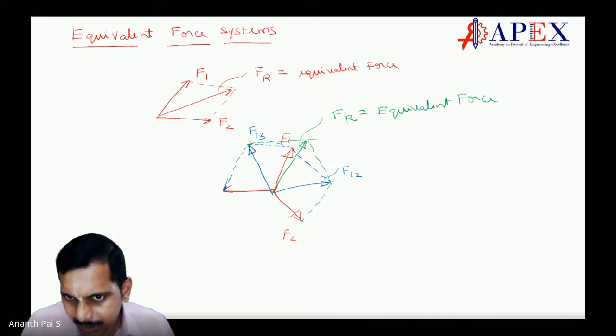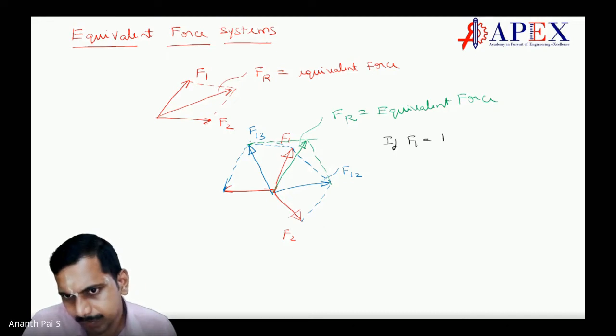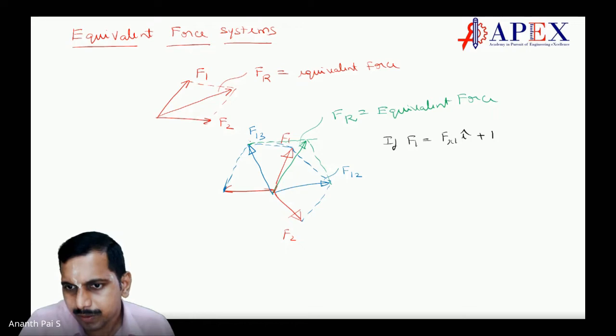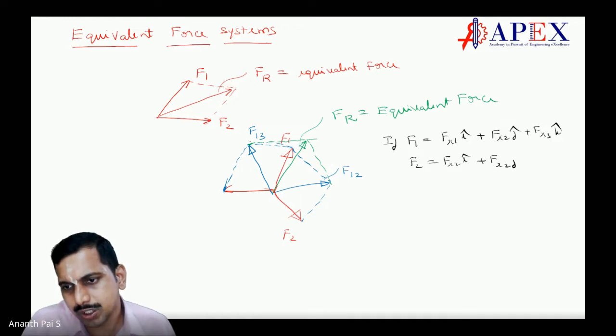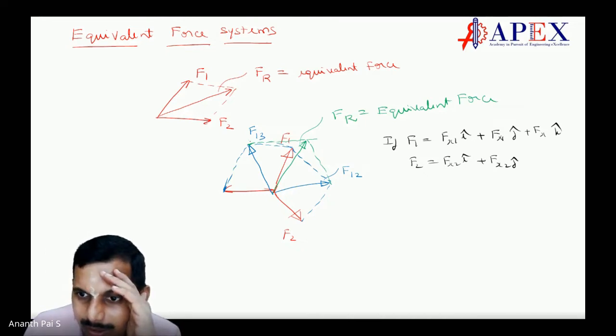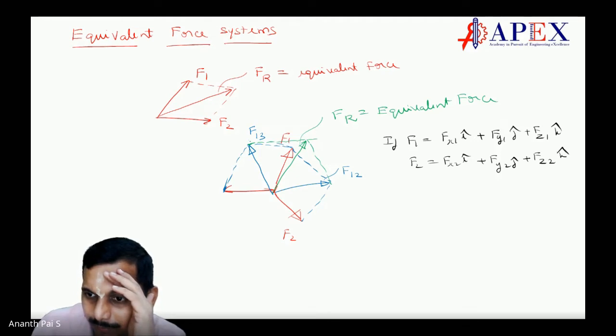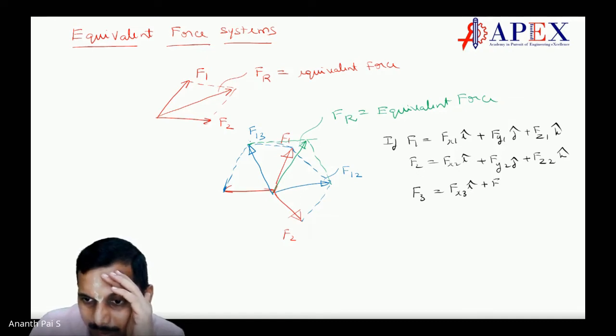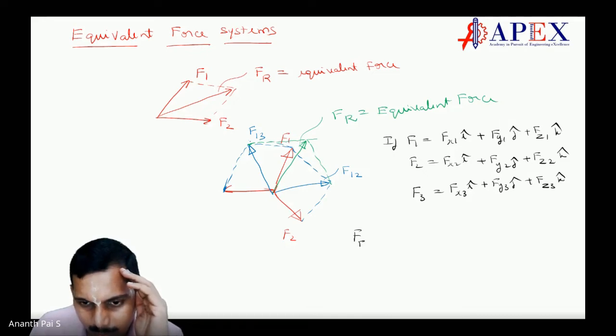We can say F1 is equal to Fx1 i plus Fy1 j plus Fz1 k, F2 is equal to Fx2 i plus Fy2 j plus Fz2 k, and F3 is Fx3 i plus Fy3 j plus Fz3 k. So my F equivalent is equal to